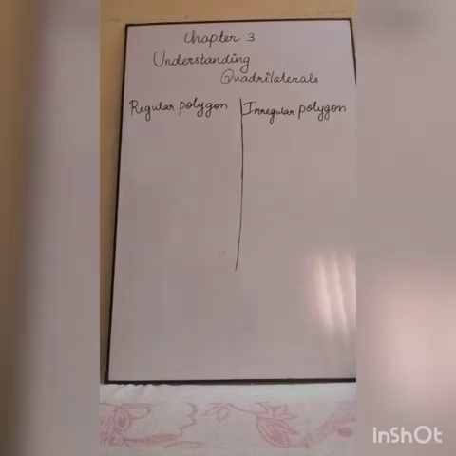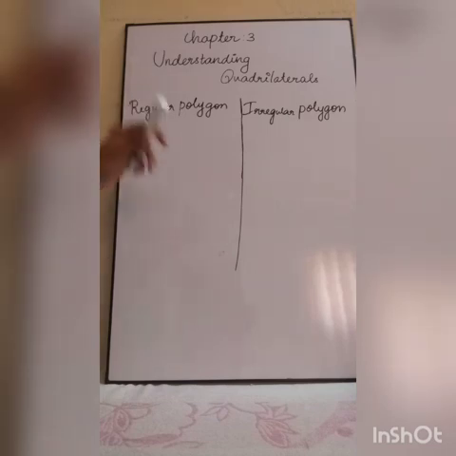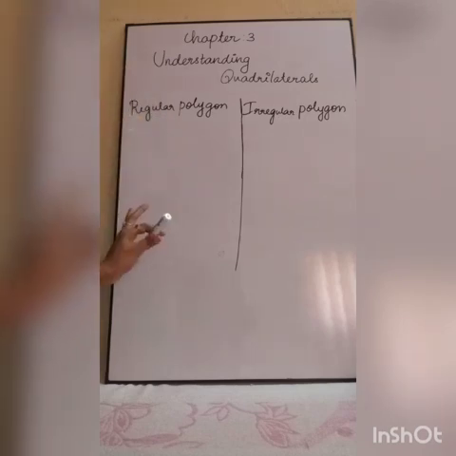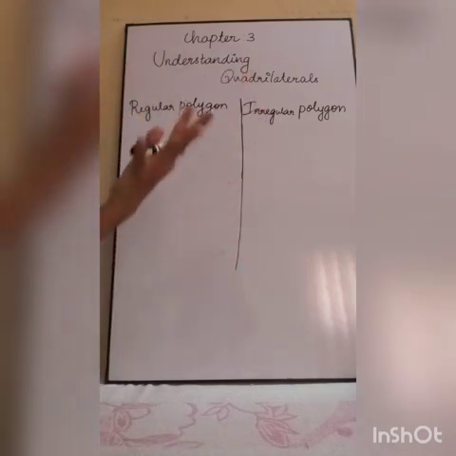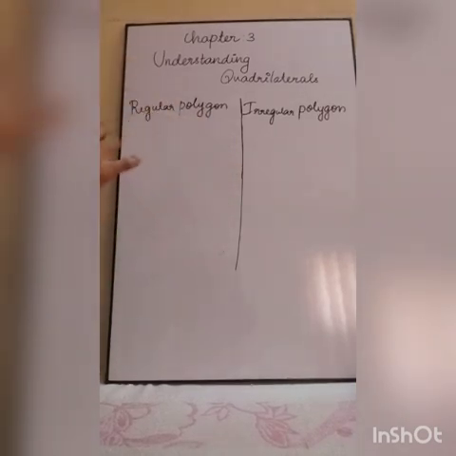Okay, regular and irregular. Regular means what? We have already dealt with this concept in your previous classes, but again I will give you an explanation. Regular polygon means all the line segments, already a polygon is made up of line segments, will have an equal measure. Okay, regular polygon means what, children? All the line segments will be of equal measure. Irregular polygon means they cannot all be of equal measure. It cannot be equal. Okay.